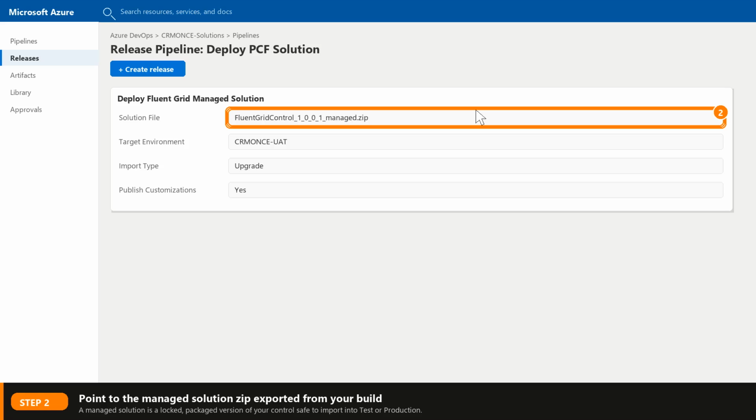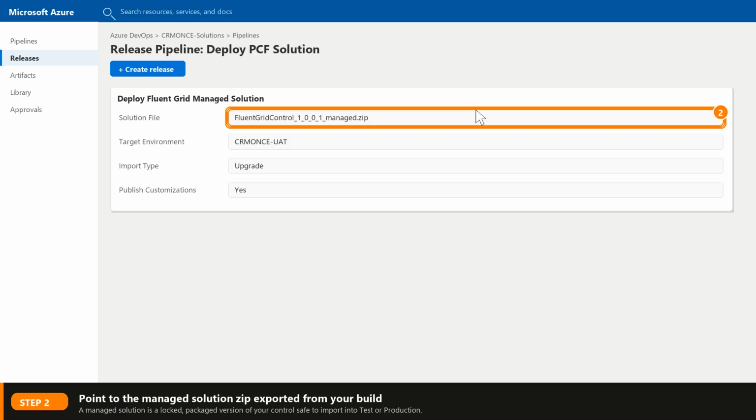A managed solution is a locked, packaged version of your control and any dependent components, meant for import into environments you don't directly customize, like test or production. Unmanaged solutions are for development, where you're still actively editing things.